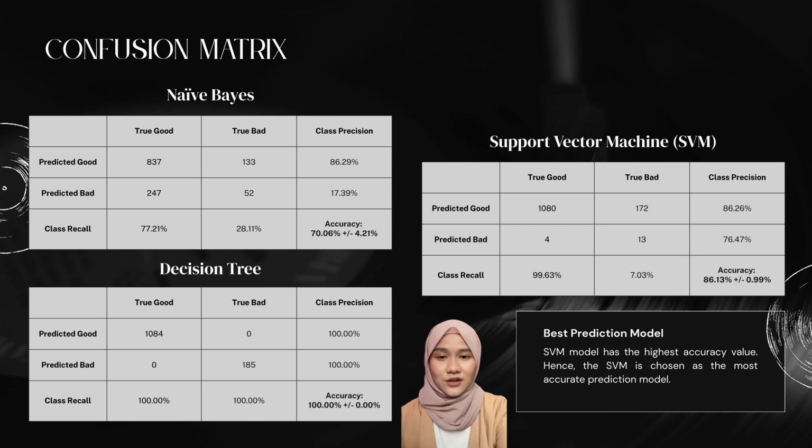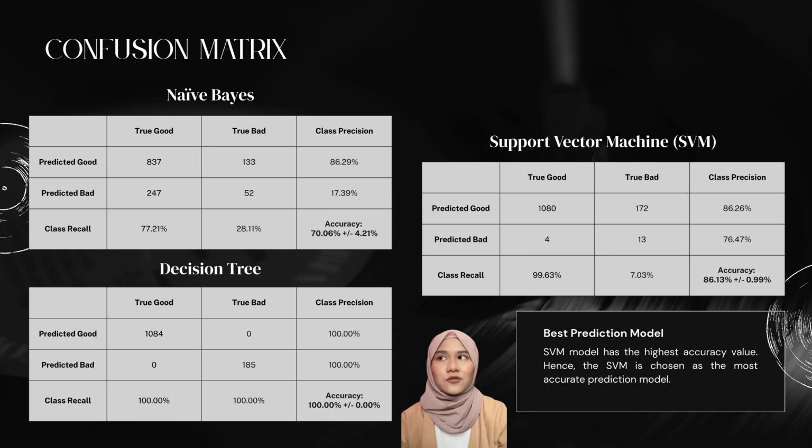Next, we move on to the confusion matrix. The results from the cross-validation showed that naive Bayes achieved an accuracy of 70.6%, decision tree achieved 100%, and SVM achieved 86.13%. While decision tree showed perfect accuracy, this result is a strong indicator of overfitting. In sentiment analysis, decision trees often overfit because they create highly specific rules based on individual words or phrases in the training data. Since text datasets have a very high number of sparse features, the model tends to memorize these details rather than learn general patterns,